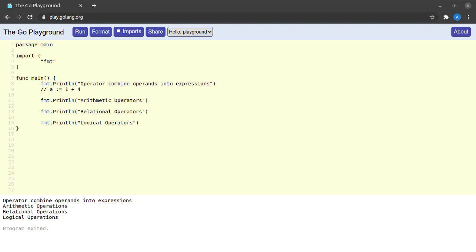The Go specification defines an operator as something which combines operands into expressions. Now, let's first understand what an expression is. An expression is simply a statement in a programming language which results in a value. Like you can see in the example here, 1 plus 4 is an expression because it will give us the